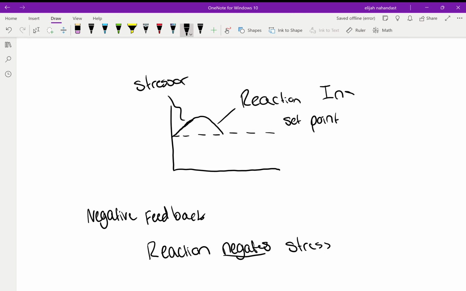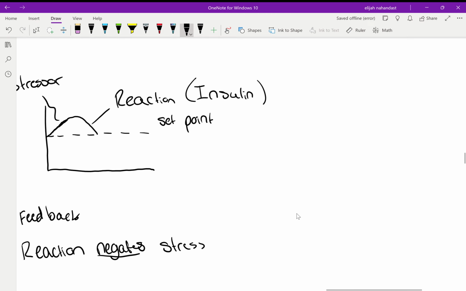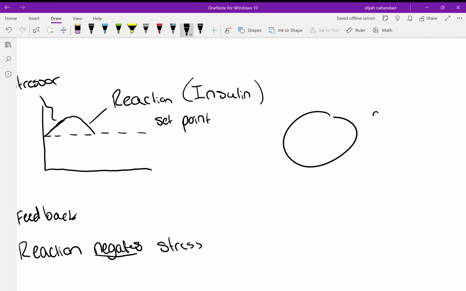So we're going to have our pancreas. It's going to release our insulin. That's going to cause, let's say this is a cell, and these are all of our little sugar molecules. So we have excess sugar molecules right now. So what our insulin is going to do is it's going to allow these sugar molecules to be taken into the cell so that we can make glycogen in the cell. So our glycogen is going to be made in our muscle cells, our liver,